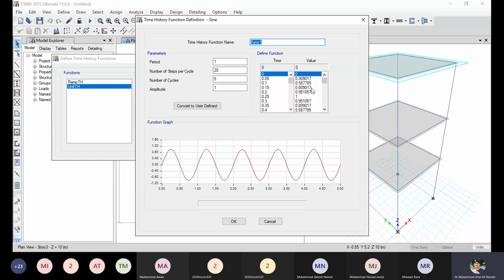Sine omega t: t is the time, which is in the first column, and omega is the frequency of the system, which is already known, the frequency of the force, and t is varying. So sine omega t is computed. It is sine theta, but theta here is omega t. You must know the frequency of the machine or the frequency of the applied force, which is not known for an earthquake. It is different, but for a machine load, a regular periodic load, you know it. So in that case you will now compute the